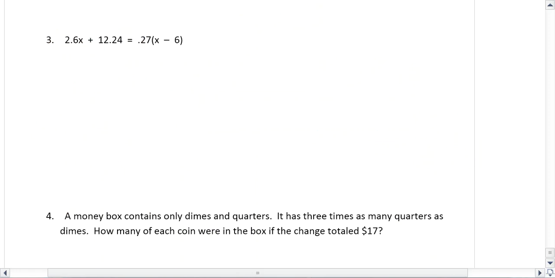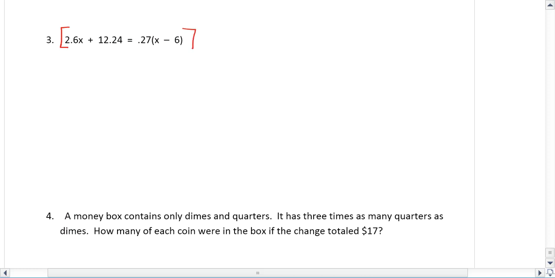The other skill that is taught in this section is if you have an equation that has decimals in it and you want to get rid of the decimals, you can do so by multiplying by either 10 or 100 or 1000, depending on how many digits you have after the decimal point. So in this problem, here we just have 1, but since we have 2 digits after the decimal here and here, if we multiply this equation by 100,